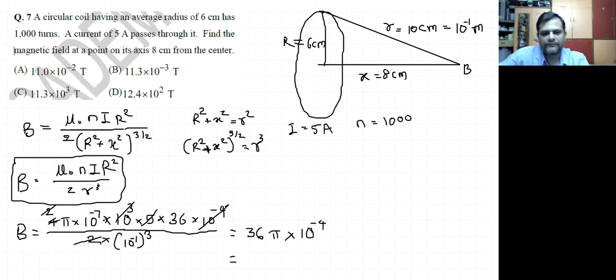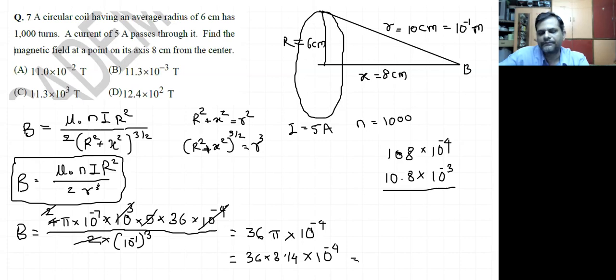And 36π को अगर हम वर्कआउट करते हैं तो कितना मिलेगा, देखो, 36 into 3.14 into 10⁻⁴ which actually comes out to be, अभी 36 into 3 होता है 108, right? So 108 मतलब 100 के आसपास या 110 के आसपास वो आंसर आ जाएगा, तो वो तो हम समझ सकते हैं, but decimal point क्या होगा? तो देखो अगर इसको हमने पकड़ लिया, चलो 108 भी अगर पकड़ लिया अप्रोक्सीमेटली 108 into 10⁻⁴, so if we want to write it as 10.8 or 11 point something into 10⁻³, यहाँ पे हमको लिखना पड़ेगा उसको, करेक्ट है।